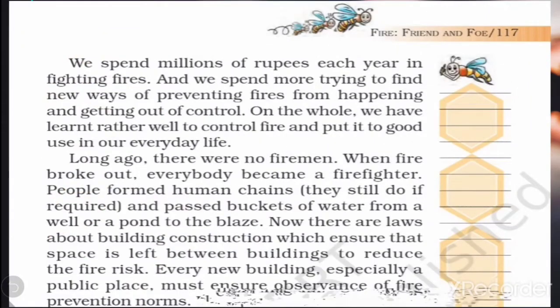Now students, open page number 116. We spend millions of rupees each year in fighting fires, and we spend more trying to find new ways of preventing fires from happening and getting out of control. On the whole, we have learned rather well to control fire and put it to good use in our everyday